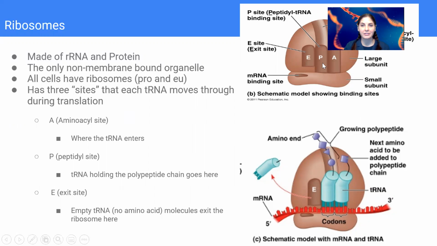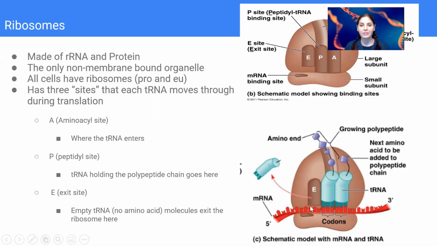We then have the P site right up here, and this is the peptidyl site. This is where the transfer RNA holding the amino acid is going to form a peptide bond with the amino acid held by the transfer RNA next to it. So these 2 amino acids right here are going to form a peptide bond. Once that peptide bond forms, this transfer RNA will then move into the E site, which is the exit site. It will have dropped off its amino acid, and it's empty. This peptide bond right here is stronger than the hydrogen bonds that are holding the codon